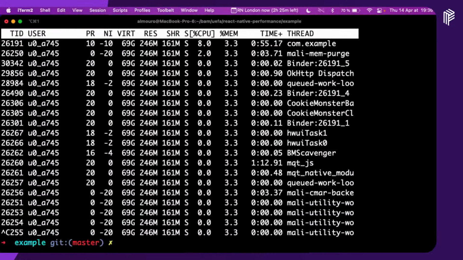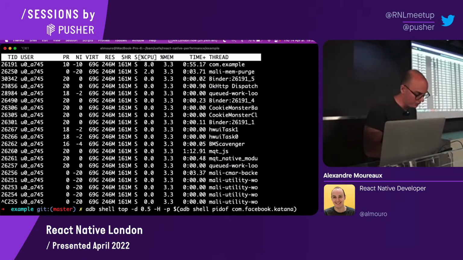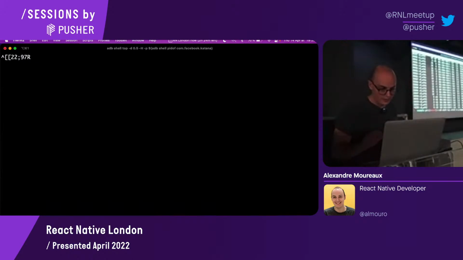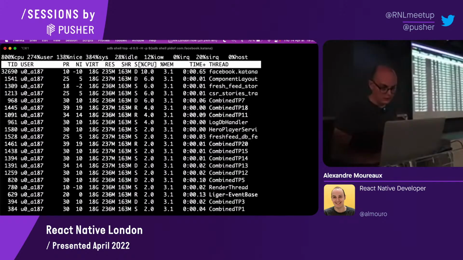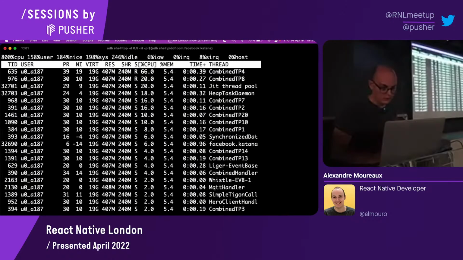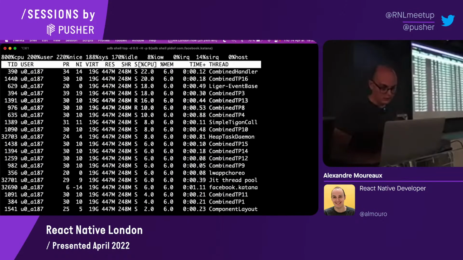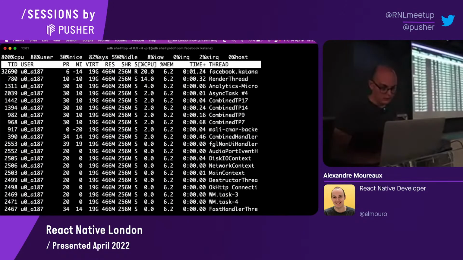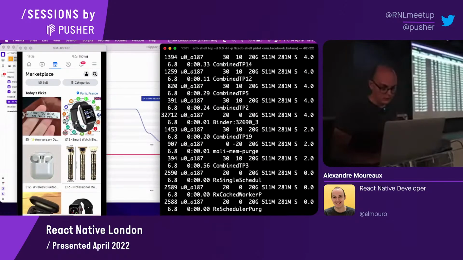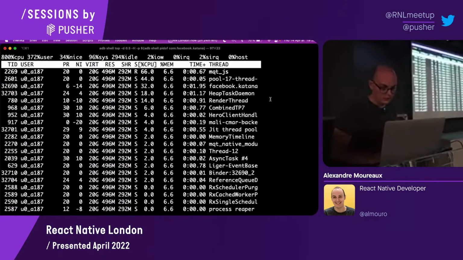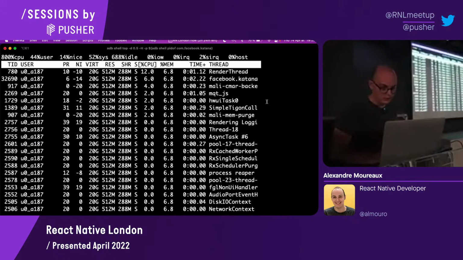Oh yeah, actually, I wanted to show something, just to show that this is in production. Facebook, because it was kind of acting up before. So these are the threads for Facebook, and some crazy stuff is happening. But for example, if we go to the marketplace, which is React Native, you don't really see it.